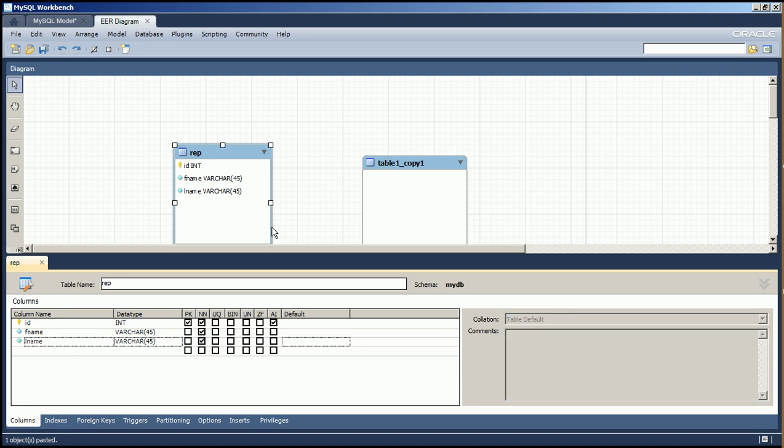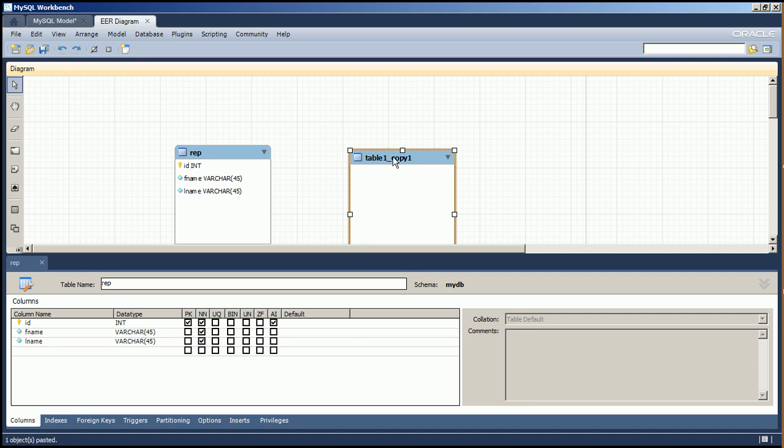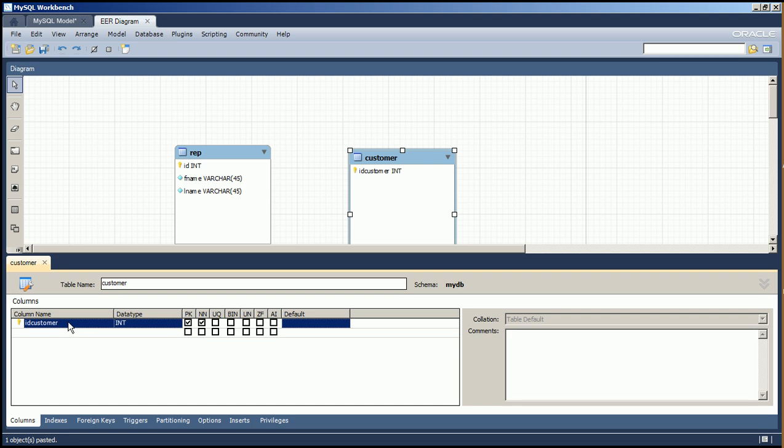So I'm going to go over to my second table, click on the title bar, double click, and it should take me to the second table. I'm going to change that to customer. See, I'm lowercasing everything. That's just the way I want us to do it. Double click on the first column, rename it to ID, keep it int, primary key not null,